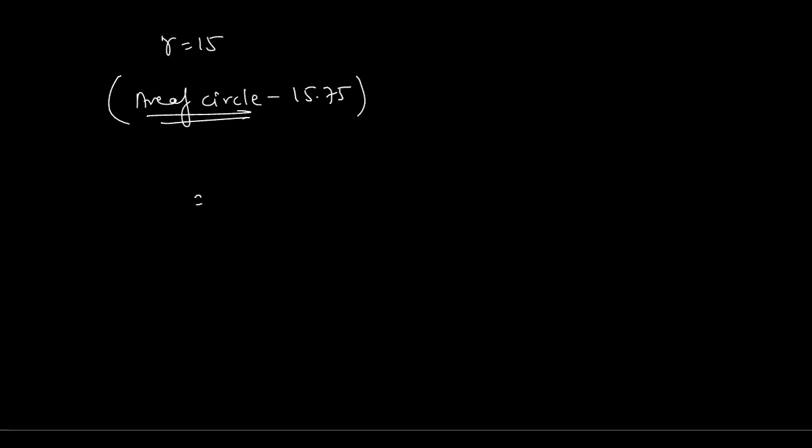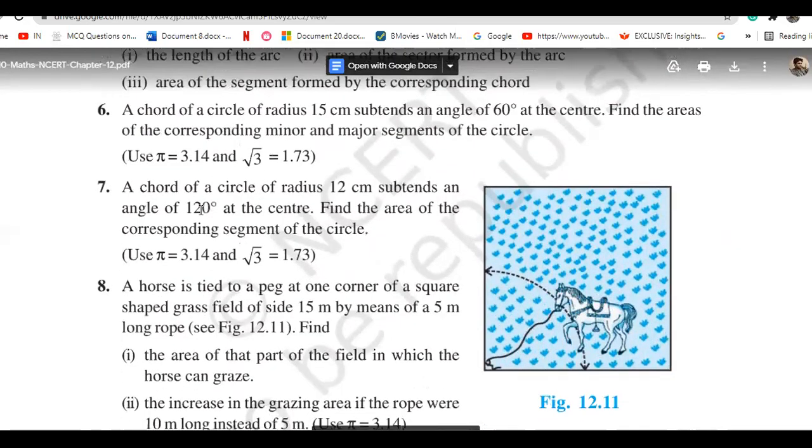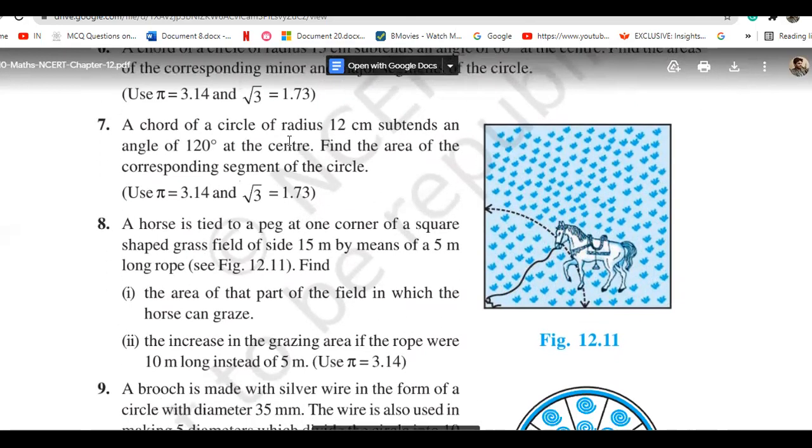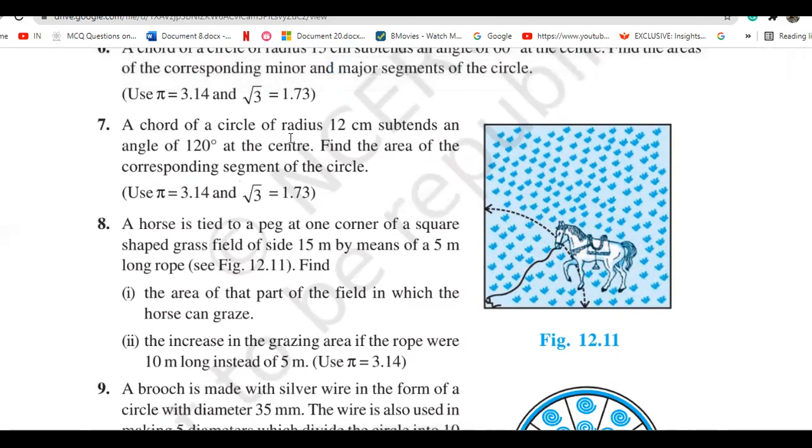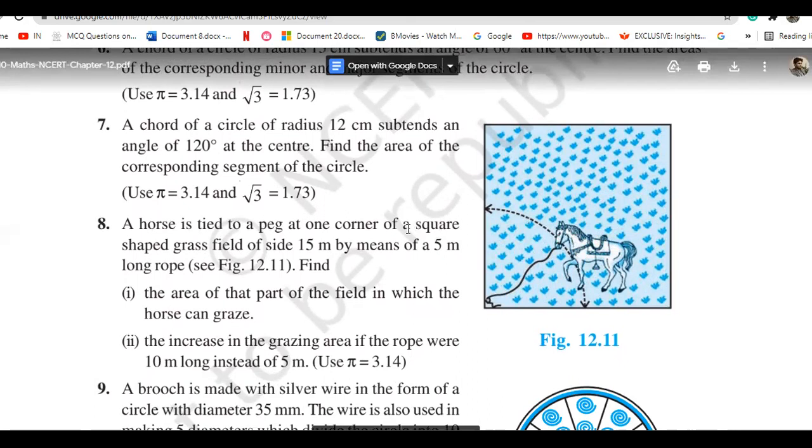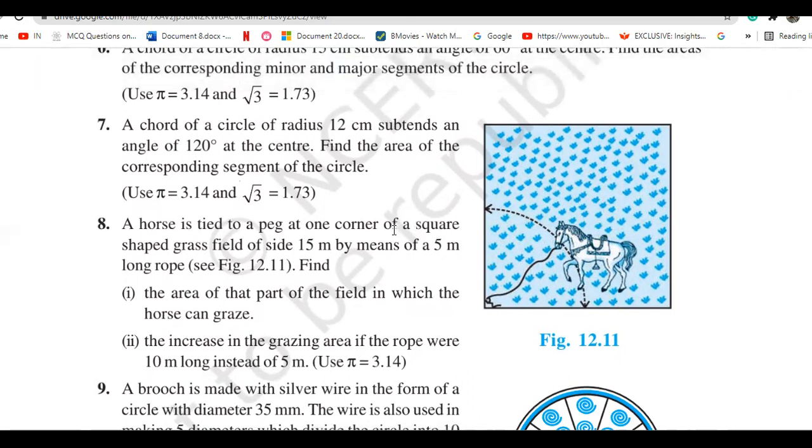So let's do the next question here. In the question, it was written that we have to use pi as 3.14, and you haven't used it. Will it make any difference? Yeah, it will be the same. I used 1.732. I've not used 3.14. That will be equivalent because I have divided 11 by something. So that does not matter. Okay.